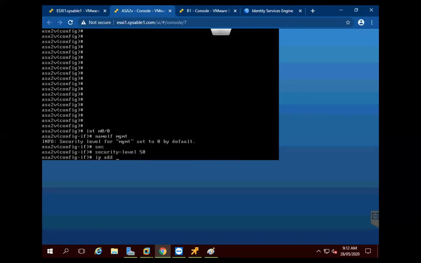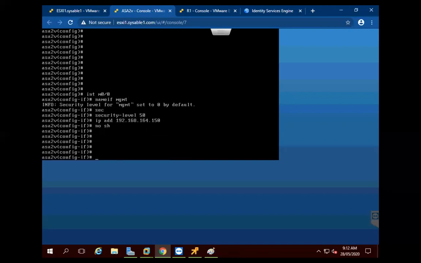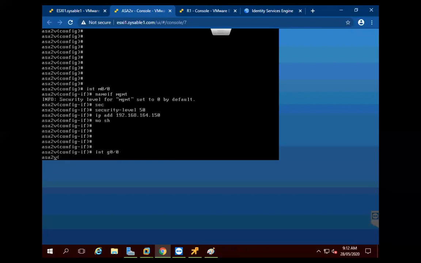Next, I will configure the management IP address. I will assign the security level of 50 and the IP address will be the management subnet .150. No shut. And next, I will assign the outside interface,